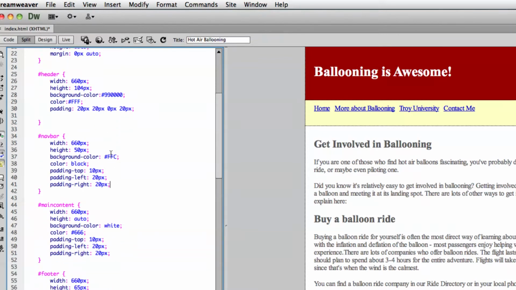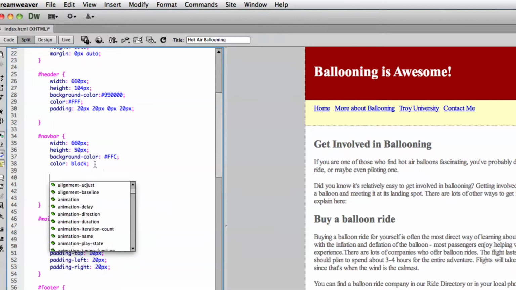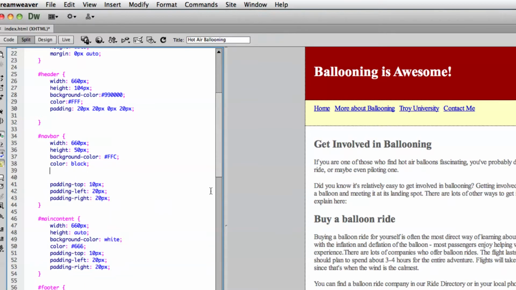With the padding, let's put it in one continuous line, one sequence, and we'll say padding. I don't have to put top, bottom, left, or anything. Just padding, and I start with the top, and the padding on the top I think was 10. The padding on the right was 20. Padding on the bottom was 0. Padding on the left. So I want to go 10,